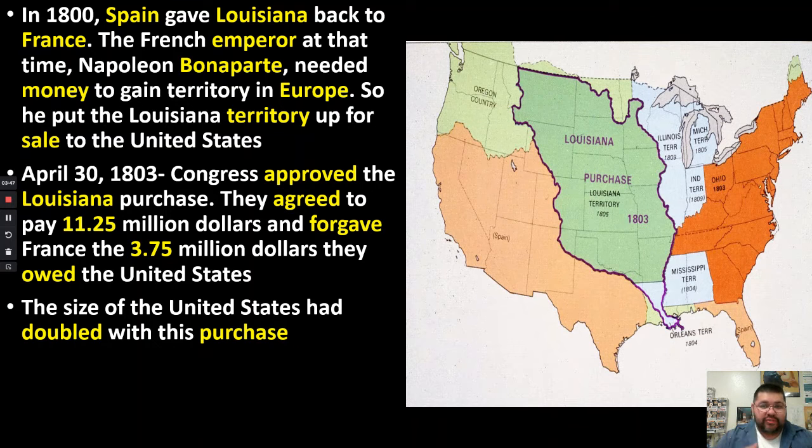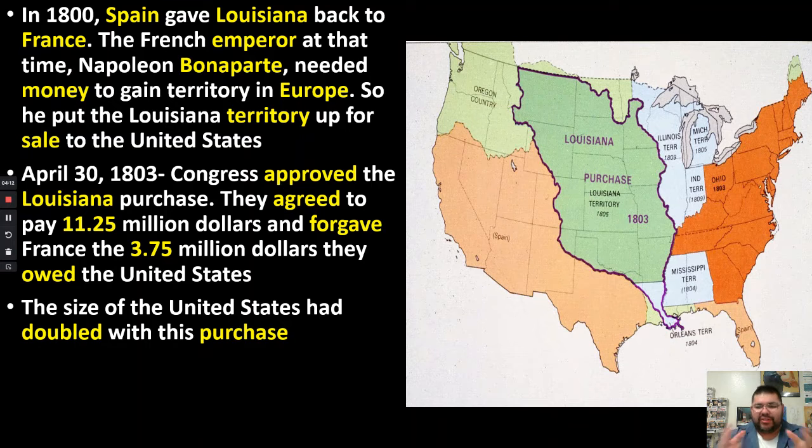Now, remember, Jefferson promised, I'm going to lower the power of the president. I'm going to make the government weak. Well, now the government needs to be powerful in order to get the money from taxes and things like that so they can buy this land. And this is something that Jefferson could not pass up. He was like, this is amazing land.